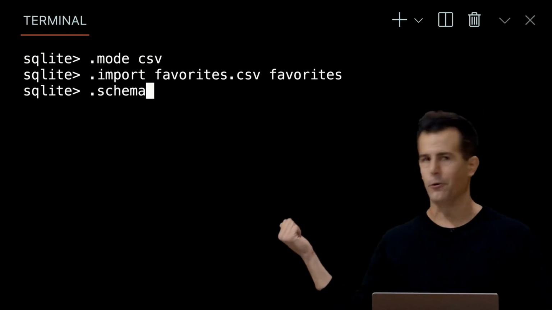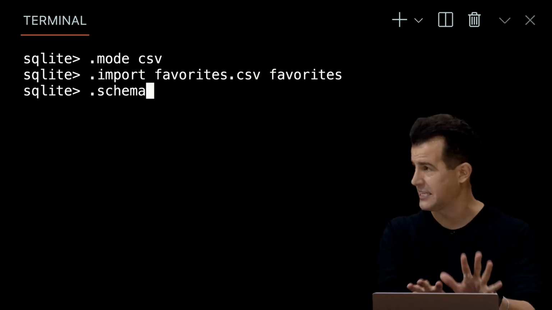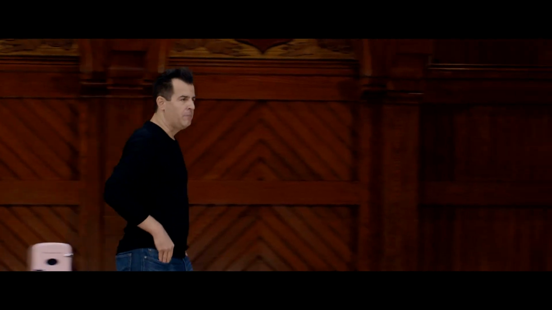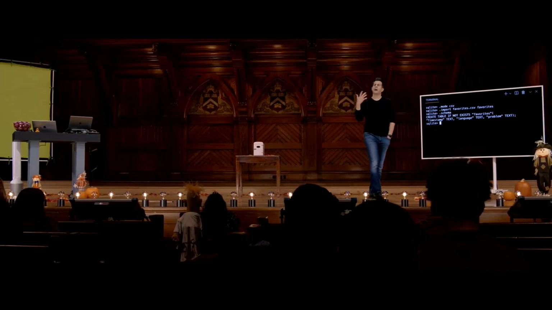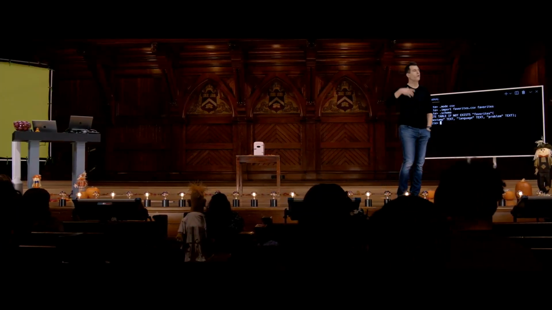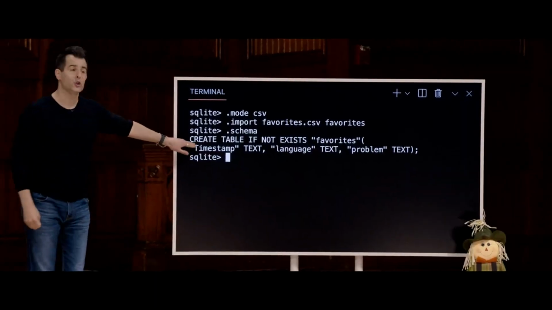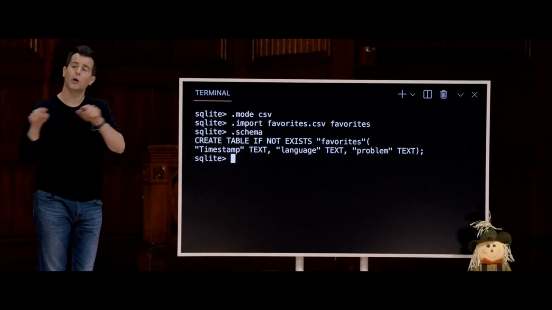So if you're using Oracle or something else like that, you're not going to use these exact commands. You'll see the ones we use in just a moment. And here's the first. When I type .schema, the schema of a database is the design of the database. What are the tables? What are the columns? And all of that. So when I type .schema, this actually, in this case, shows me the create table command